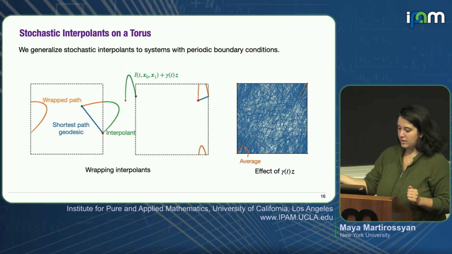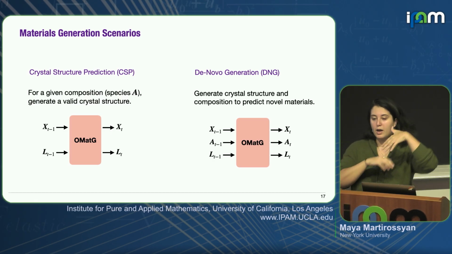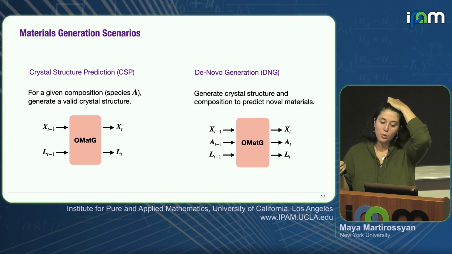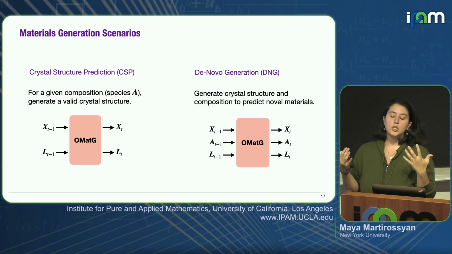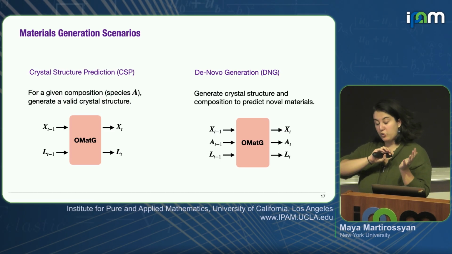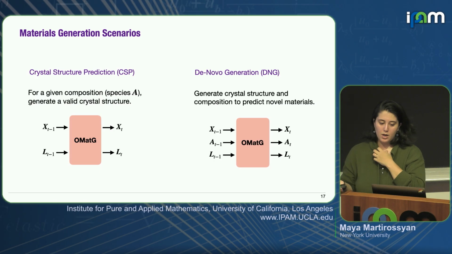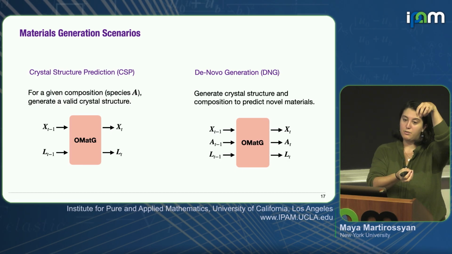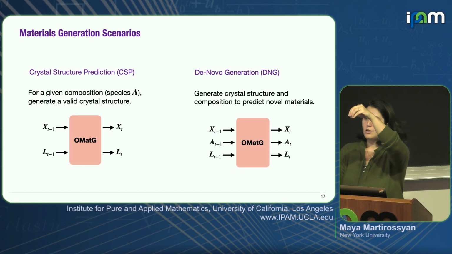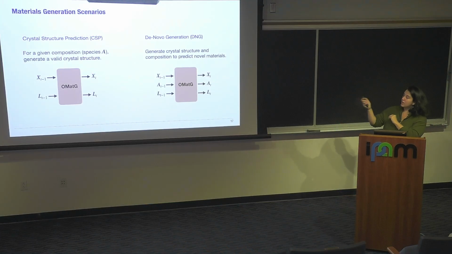All right. So now I also want to introduce to you the two kinds of models we build. We have all that flexibility to design models. What we can do is what's called crystal structure prediction, which is that we don't do any learning on the species in the flows. We do expect our encoder to learn about chemistry. But we have structures that already have the chemical identity specified, and we learn how to flow these to their final configurations. The other kind of model we learn is actually going to learn the species as well.